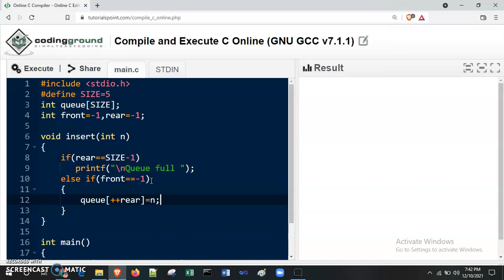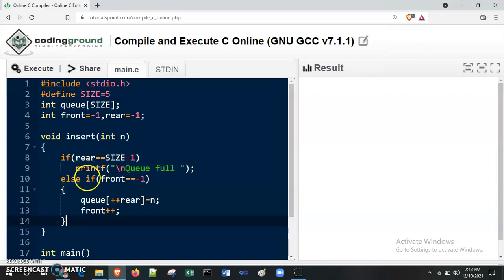And if this is the first element, then we need to update front as well, because initially both are at -1 position. When we will insert first element, both are at same location, front and rear. Index will be same. Then what happen?